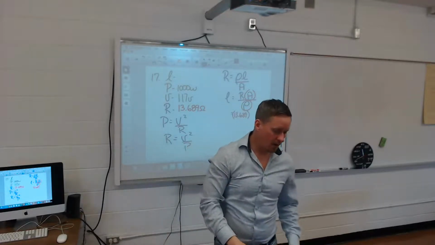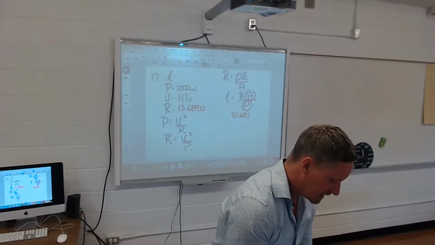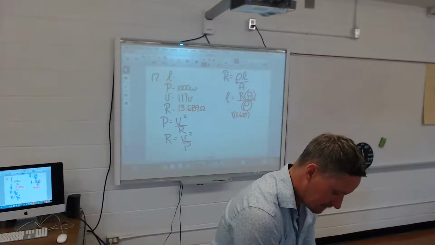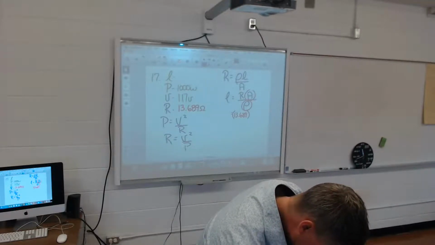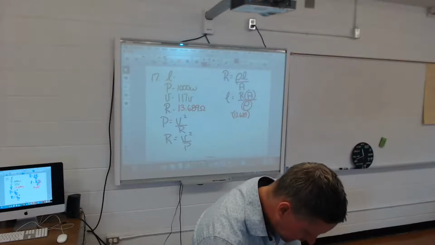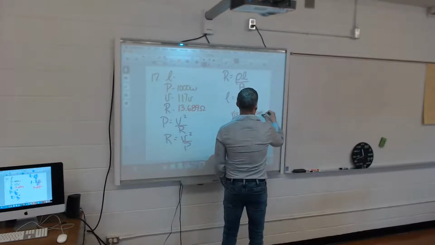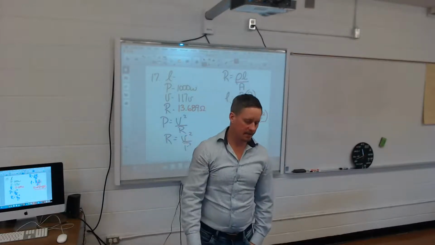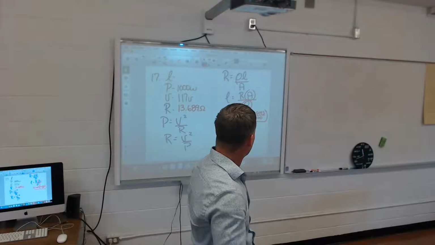Now I go to the back of my book and I have to find out what my cross-sectional area is for 30 gauge. So I go to 677 and my cross-sectional area for 30 gauge is 0.5093, and that's in millimeters squared. So I have to divide that by 100. Okay, that's in millimeters squared. So I'm going to divide that by 100 to get